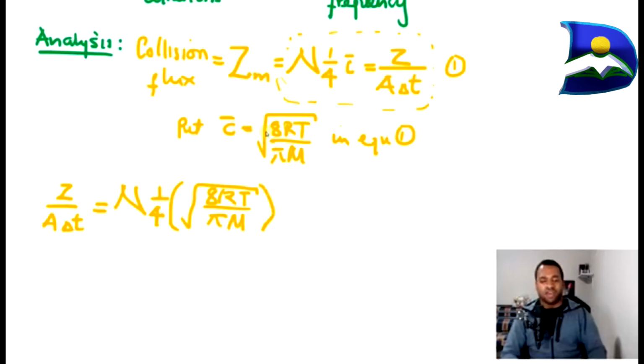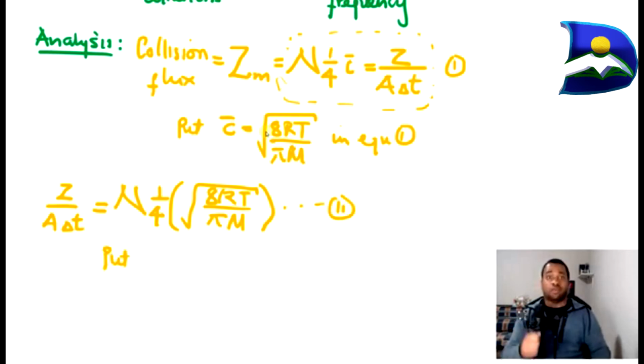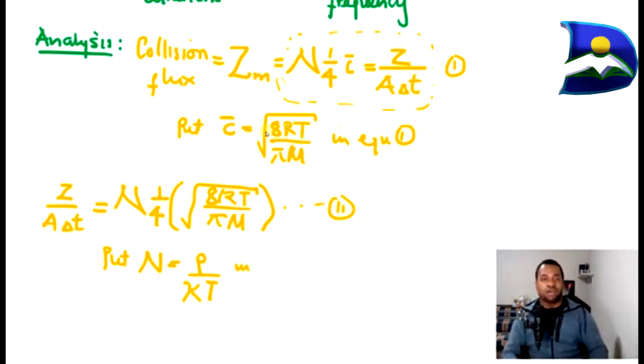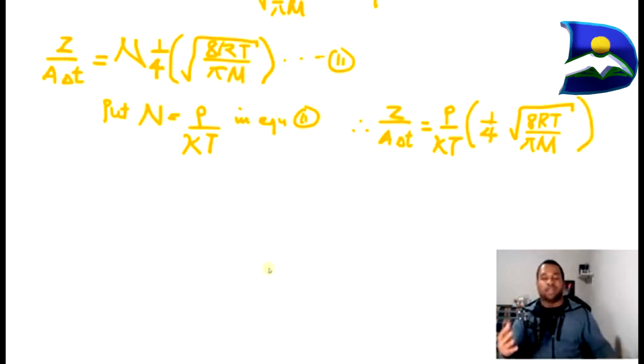Once we have this taken care of, our next step is to assign this to be equation 2, and we're going to put another equation where we change our number density to a form that will show the pressure relationship with temperature. And as the denominator, we will be introducing Boltzmann's constant. Therefore, putting this in equation 2, once we have this new equation derived, we're going to use it to determine our specific